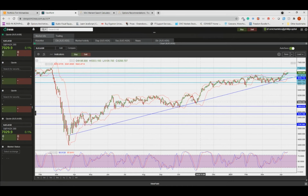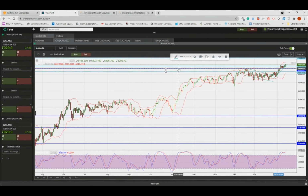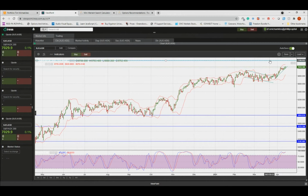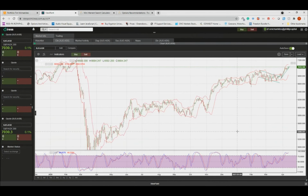last lesson. Now my chart, or Tim's chart, I should say, we're using Tim's software. His layout does look a little bit messy, right? Let's be honest, if you're someone who's used to looking at line charts, right? Tim might be annoyed with me right now because I'm deleting all his lines, but I'll put most of them back. If you're someone who's just used to looking at a line chart, then what you're looking at here is probably